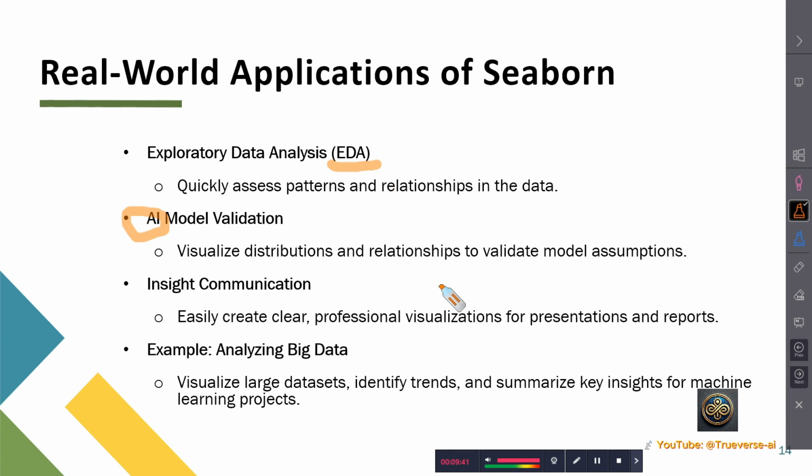For instance, let me give you one example for this case. When we examine whether data is normally distributed or if any pattern may affect the model, visualizing data distribution can be essential when working with models that rely on a specific assumption about data. And regarding insight communication,